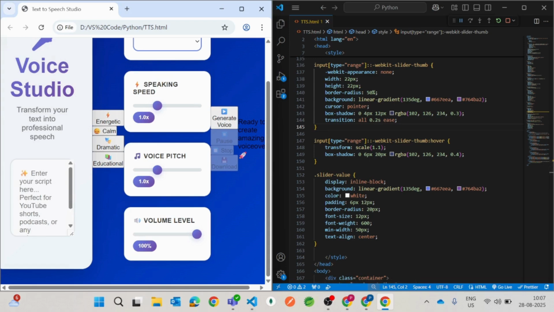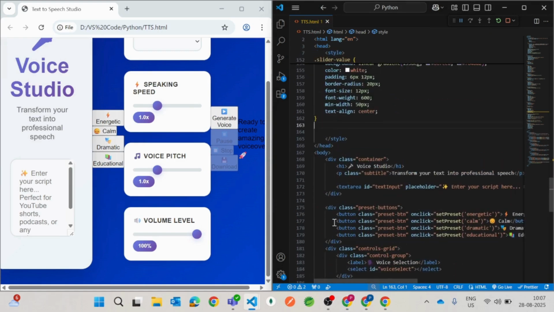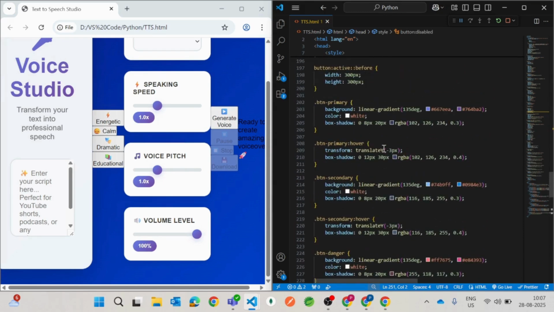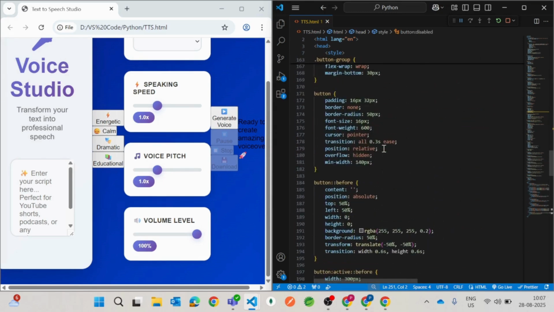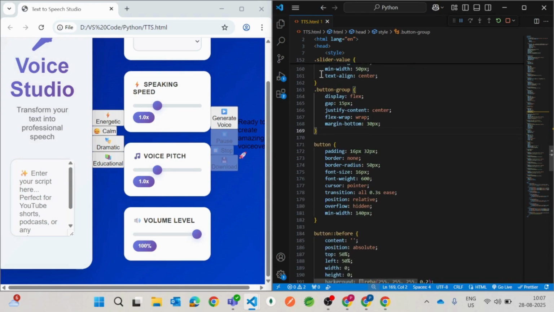So once this is done, we'll have button styling. Buttons, we have so many buttons here, right? So we'll go with the button styling. I'll scroll up, I'll paste here. So it starts from the button group. This is where the button styling starts from. So button group, button,